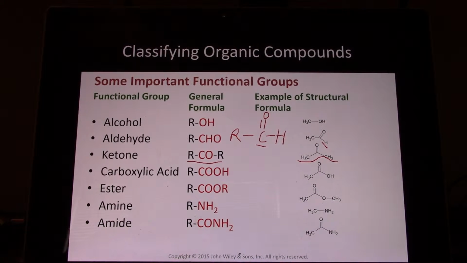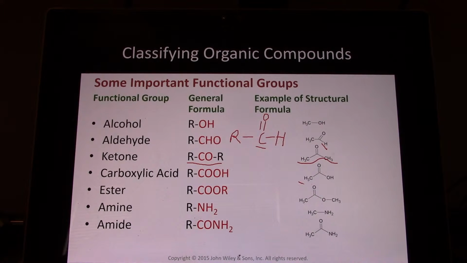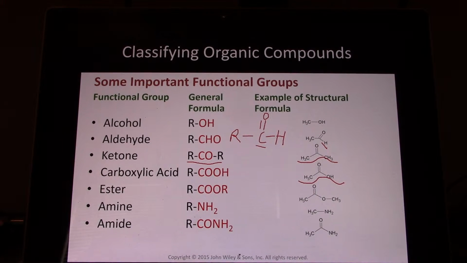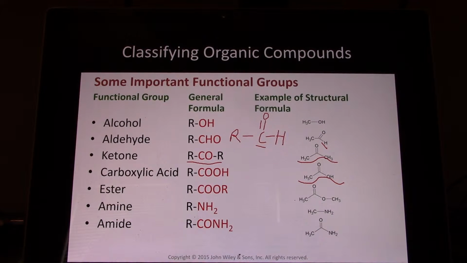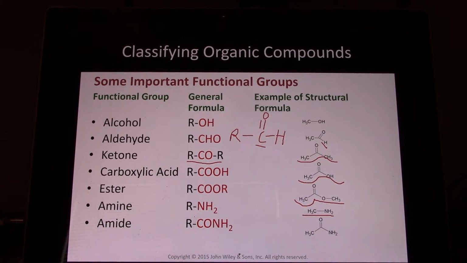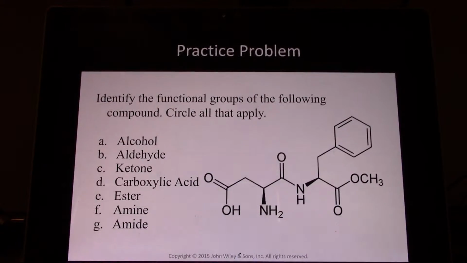Carboxylic acids have a COOH group. And here we have the acid group. Esters. This is from the condensation of an acetic acid and an alcohol. We have our R group. Then you have a carbon, there's a double bond oxygen, and then there's another single bond to oxygen, and that is an ester. In an amine group, you have nitrogen coming off, and in an amide, you have that carbonyl group and then a nitrogen. So these are the basic functional groups which we'll cover in organic chemistry.